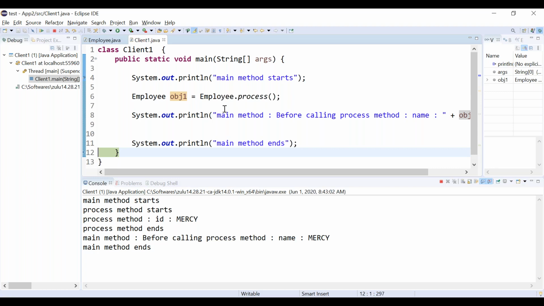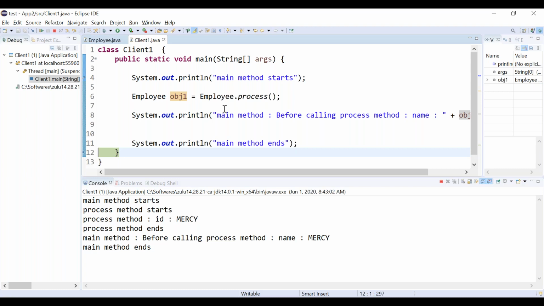So that's why we call it return by reference, right? Now either in pass by reference or return by reference, both will have the same type.